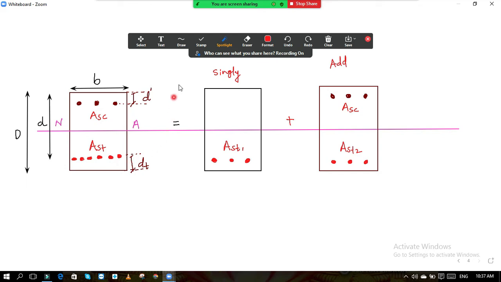So now regarding the bending moment, let us suppose the total bending moment of this section is Mu. If the singly reinforced section is there, you know the maximum bending moment is Mu limiting. Okay, this is the bending moment for this section, and for the additional section, let us assume that Mu2 is the bending moment. Then I can say that total bending moment Mu is equal to Mu limiting, that is the bending moment of singly reinforced section, plus bending moment of this added section.